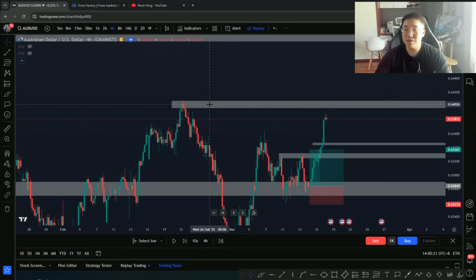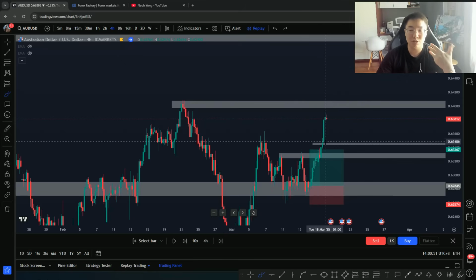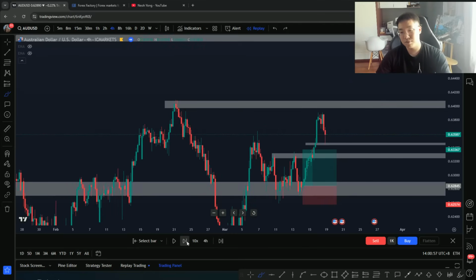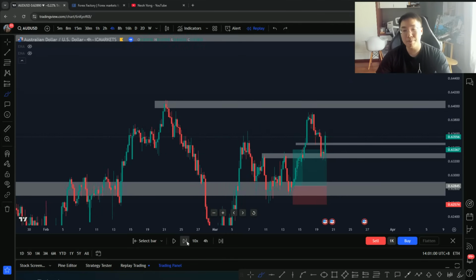I even have an alert here at 0.64 just to ensure that if the market does come up and show signs of rejection, I'm happy to close the trade and look for a further break and retest opportunity. When I took the position, it was running okay, going up very nicely. We even squeezed this prior minor high at 0.6327, broke above it, and continued pushing higher. I have an alert at 0.64 because most of the time there's no problem when you see such strong price action pushing into the swing high. Unfortunately it didn't. We just stopped out of nowhere and began to reverse.